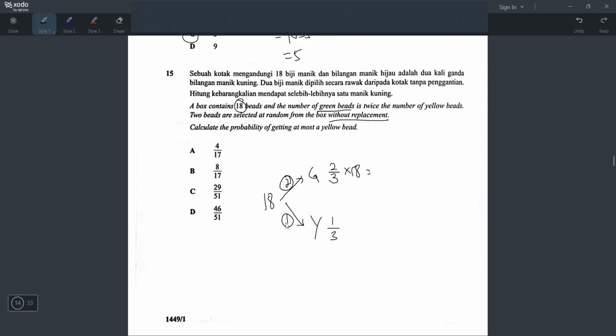But yellow only occupies 1 portion. So 1 over 3 times with the total 18, right? And you will get 6 here, you will get 12 here, right? And 12 plus 6, you will really get 18, right? So after you know the number of green bits, yellow bits, now we can find the probability when 2 bits